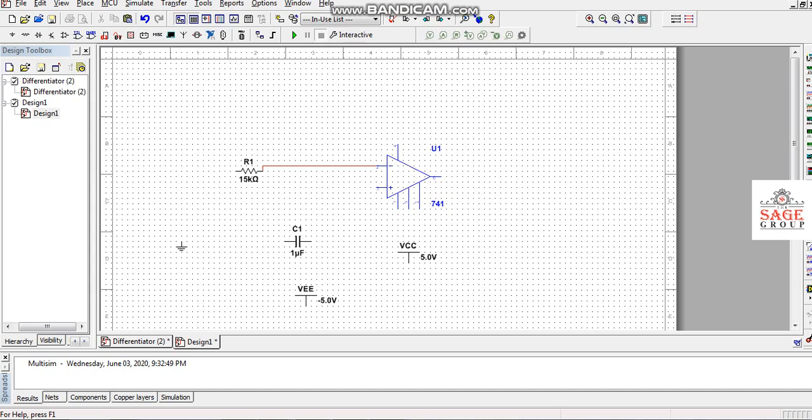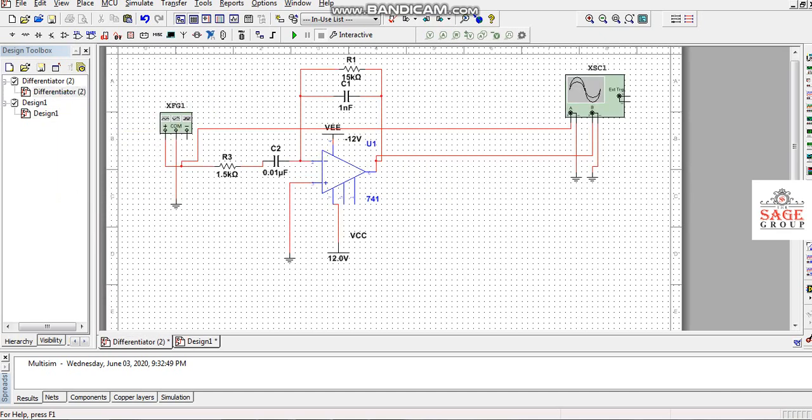So this circuit I have made already. This is the op amp IC, which is the 741 IC. I have connected VEE to the inverting terminal of this operational amplifier, and VCC, which is 12 volts, to the non-inverting terminal of the op amp.